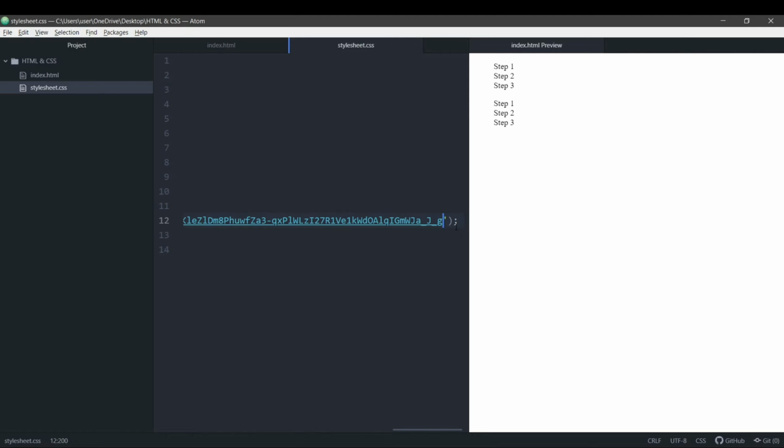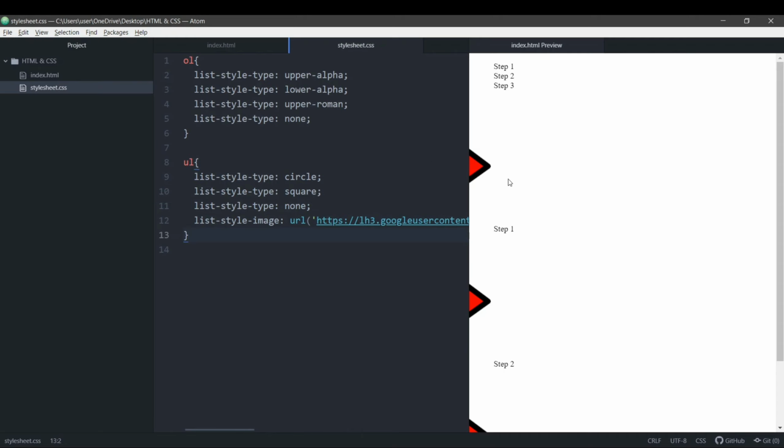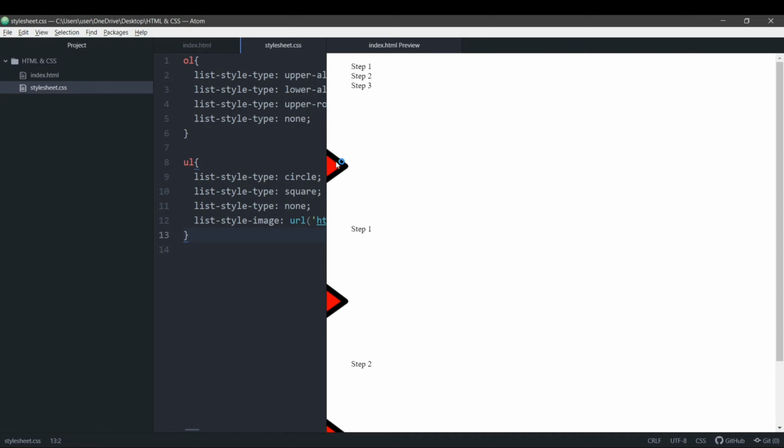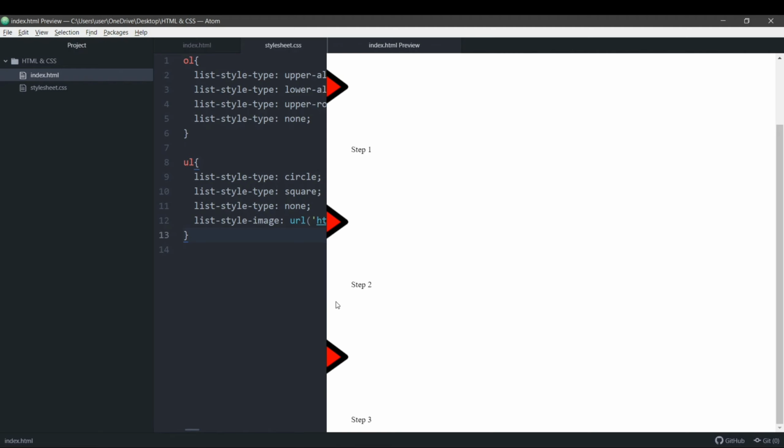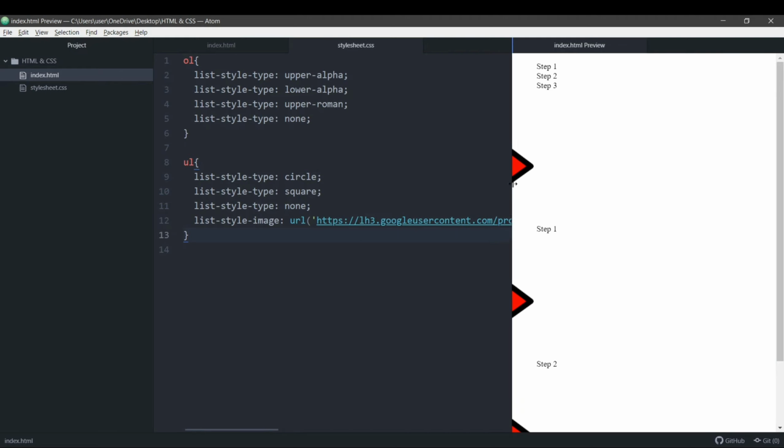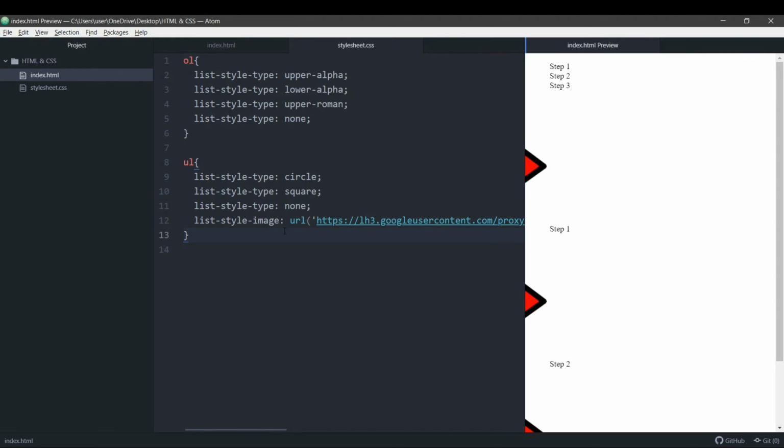As soon as we save it, wait a minute, you can see that I've not styled this image, I've not added any height, width or anything, I've not adjusted this image, but still you can see on the left side of the screen this small thing has appeared. This image is very big so you cannot see it completely. I did not have any image prepared to show you, but you can always adjust this image and set it to a size so it will be visible on your screen. Okay, so this is the way you can add your own customized image to your list.